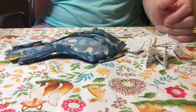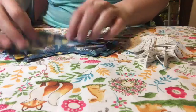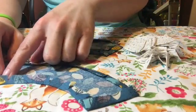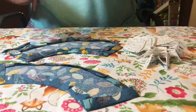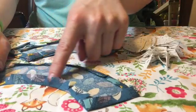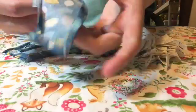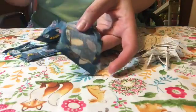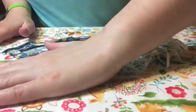Alright, I removed the paper templates from the back of my fabric pieces, and the way that I did that is I used a hot iron and I pressed it, and then I took a snap awl that I have. You can also use a chopstick or a skewer, and I slid it around the edges, and then I just turned it and I popped the paper piece out. You want to be careful on the curves because it can tear the perforation if you didn't already have it in 3 pieces. And then put it wrong side down on my ironing mat, and I press it with the hot iron again,